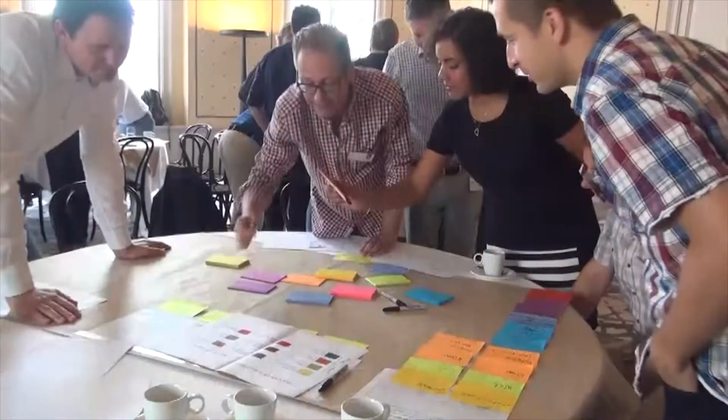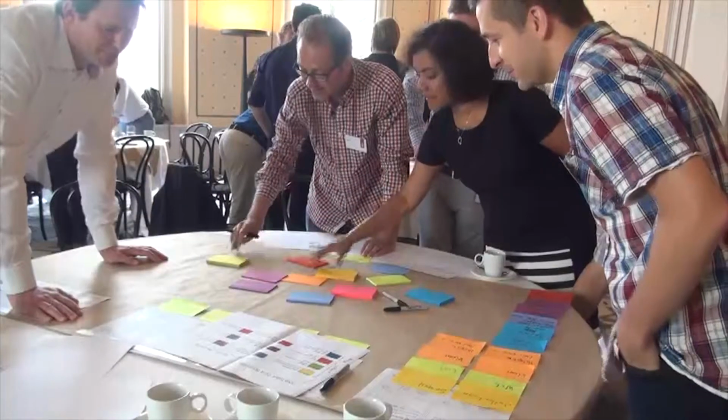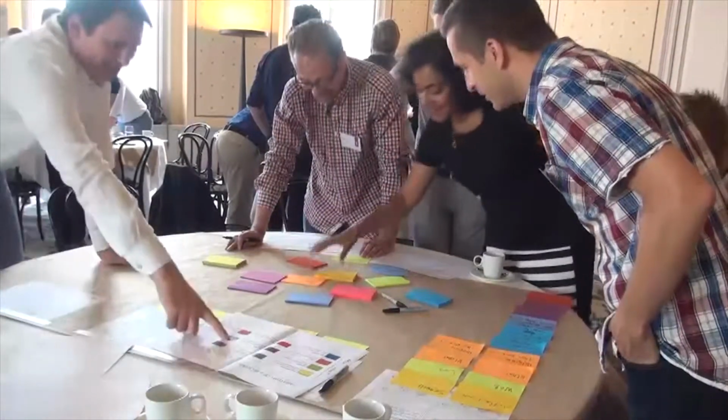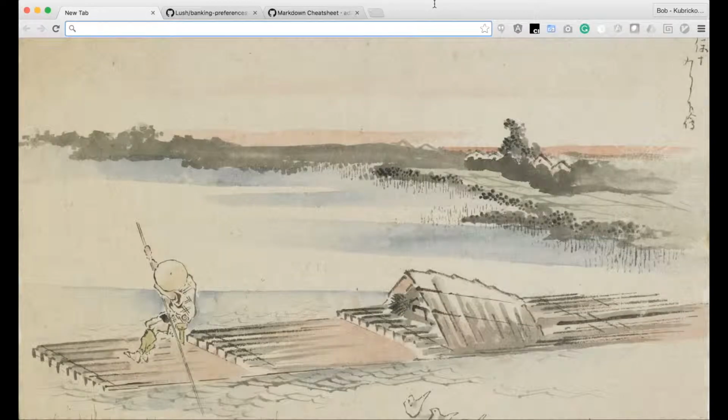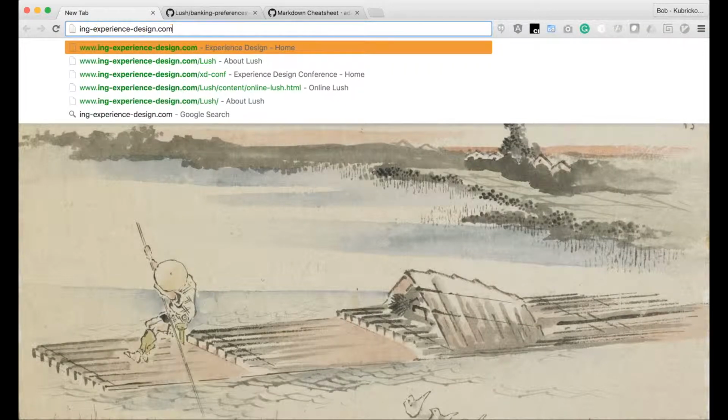When you are working on a blueprint with your colleagues, you might want to store the blueprint in a handy format that you can easily share and edit. We now have a tool for that called Lush. If you go to the